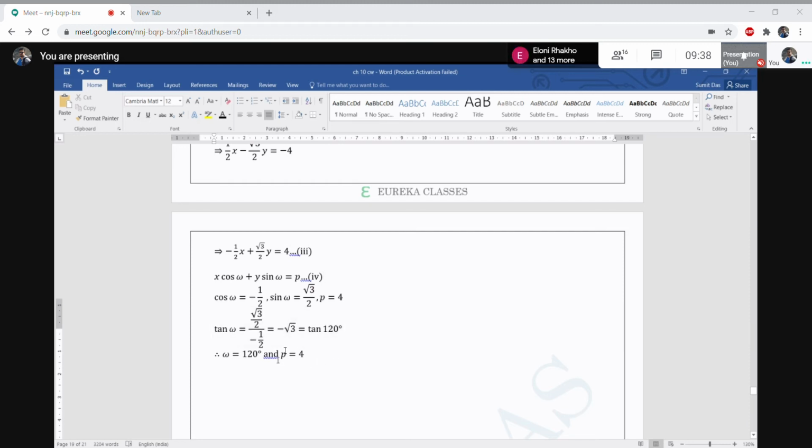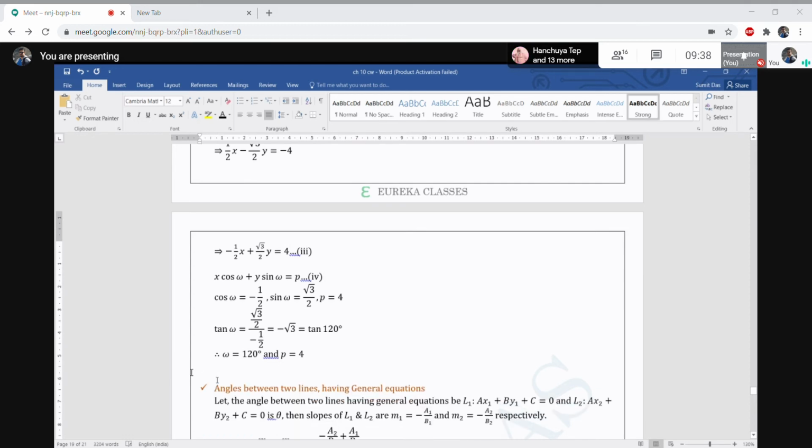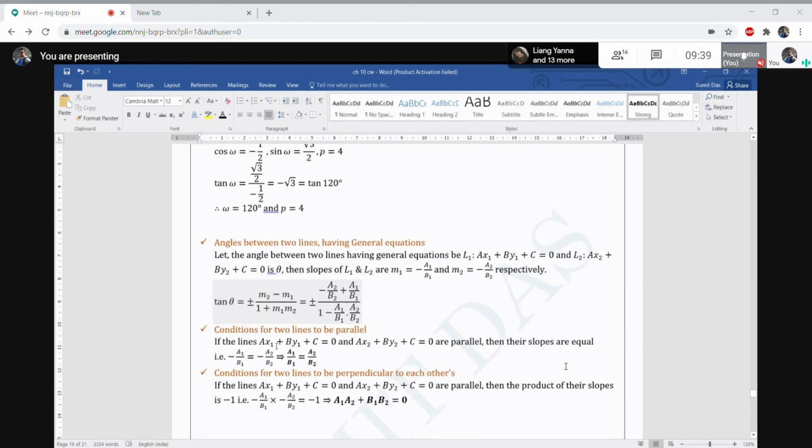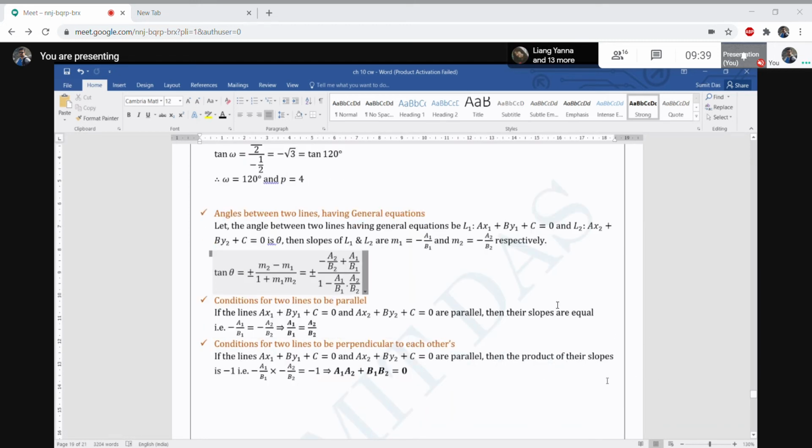Okay, so p is 4 and omega is 120 degrees. Now we'll discuss a few conditions. That is not a formula or any rule, there are just a few conditions. What will be the angle between the two straight lines? You don't have to remember these three points, I am just showing you for the purpose. But whenever the question comes, angle between two lines, having general equation, what you have to